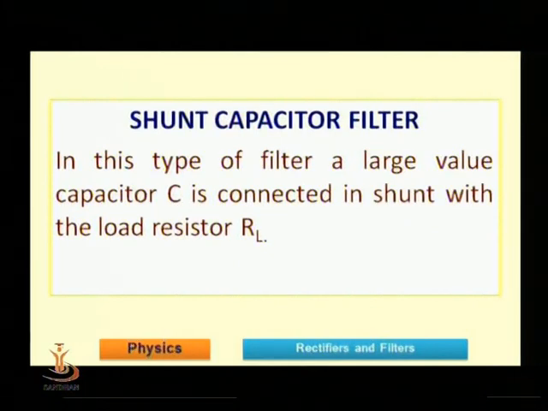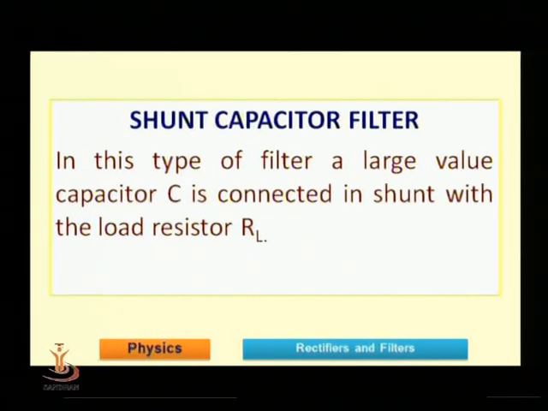Now if you try to see the formula, XC is equal to 1 upon 2 pi FC. So capacitive reactance is inversely proportional to the frequency. As the frequency increases, reactance decreases. So if one connects a capacitor in parallel to the rectifier output, then if there is an AC component, the capacitor bypasses all the AC components and will not allow any AC component to pass,